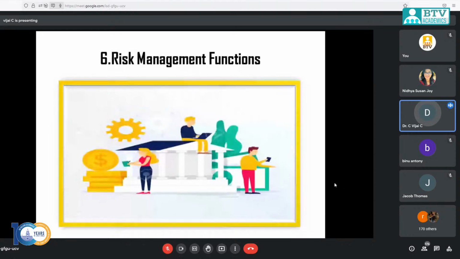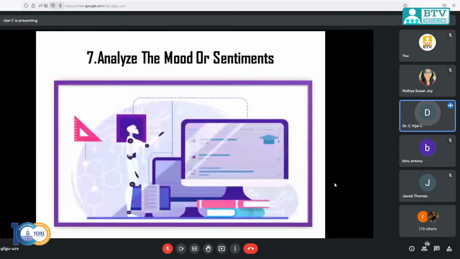Then analyze the mood or sentiment. What is customer sentiment analysis? Why is it important for the sentiment or mood? Customer sentiment analysis is a process of automated detection of the emotions when customers interact with your product or